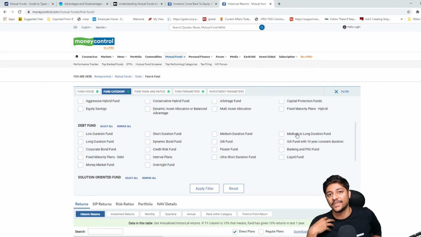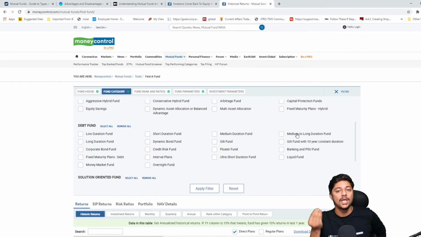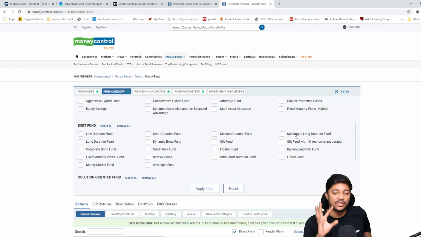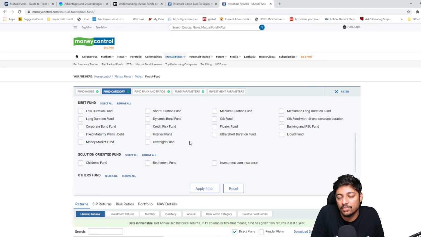This is what I said. When you introduce a new financial element or a new financial instrument in the market, people go a little mad. They're like, अच्छा इसके साथ मैं ये भी कर सकता हूँ, इसके साथ मैं वो भी कर सकता हूँ, and they go a little too crazy, right?